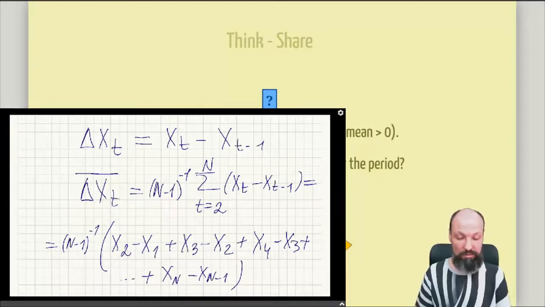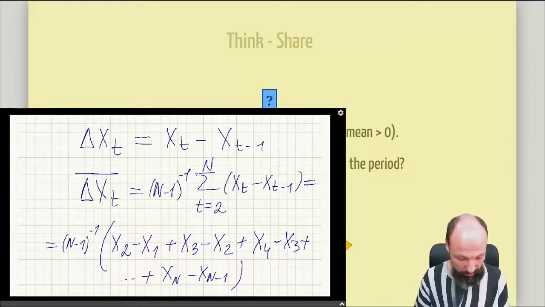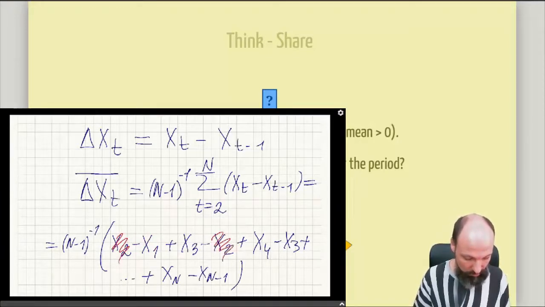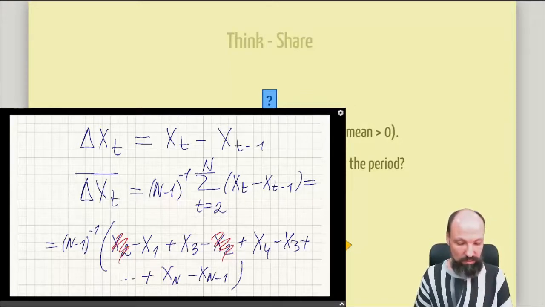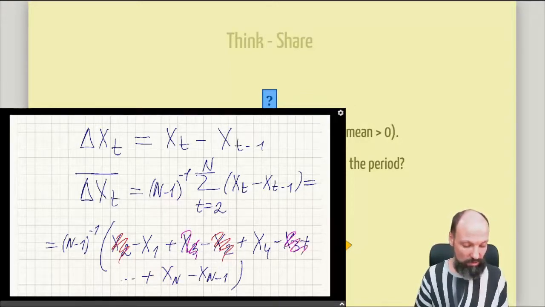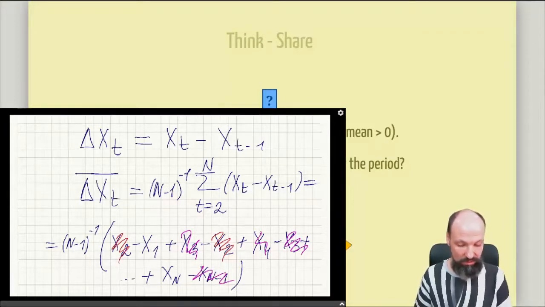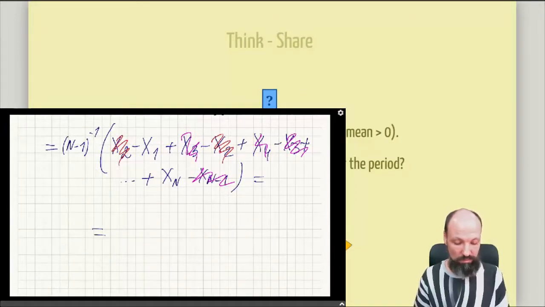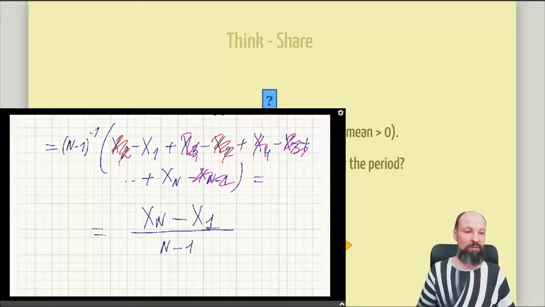And you see what happens here. This cancels out, this cancels out, something else is also cancelled out there. And what remains? This. Exactly, because this is, as you said, the change in the same units, so this is just a difference